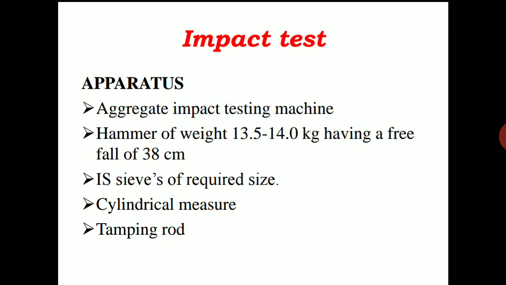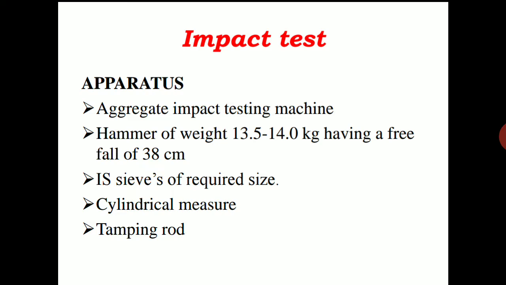The aggregate impact value indicates a relative measure of the resistance of the aggregate to a sudden shock, sudden load or sudden impact, which in some aggregates may differ from its resistance to a slow compressive load. The modified impact test is also often carried out in the case of soft aggregates, to find out the wet impact value after soaking the test sample. Soaking means the aggregates are kept in a water bath for a certain period of time, and then used in the testing.